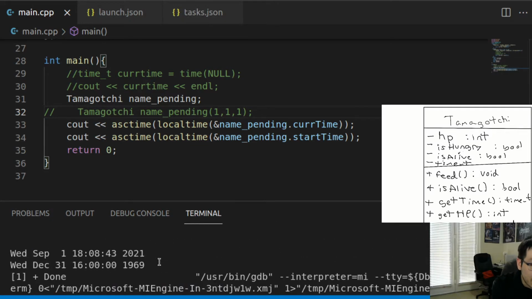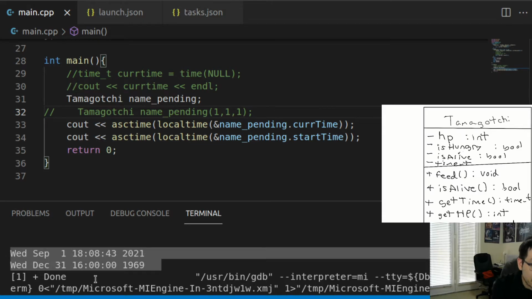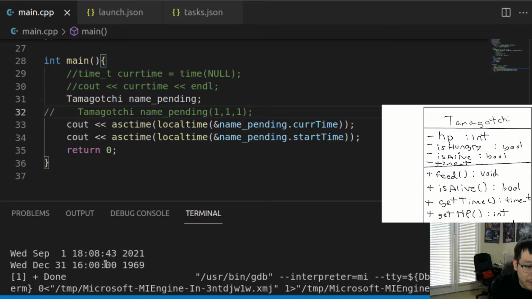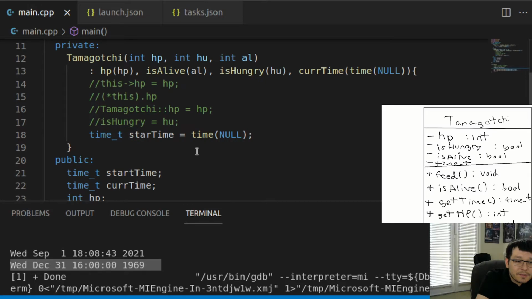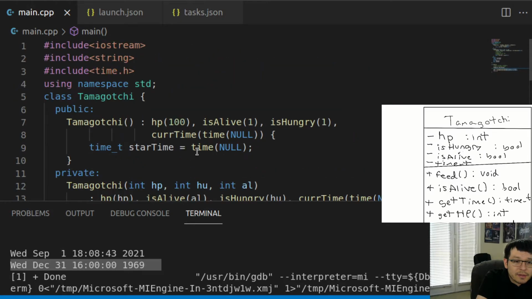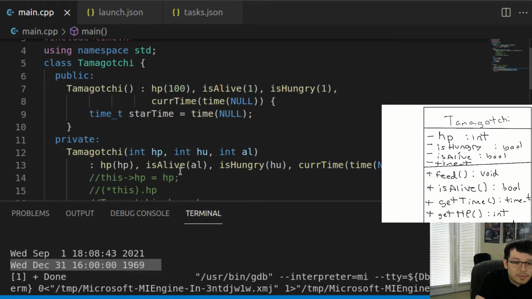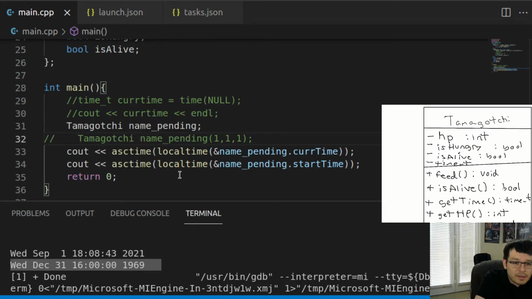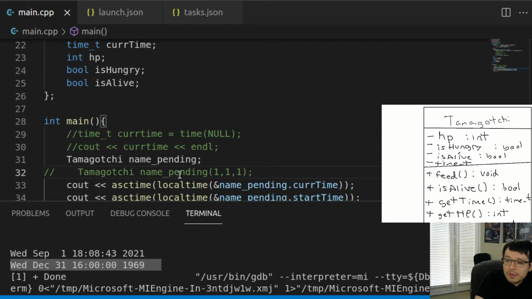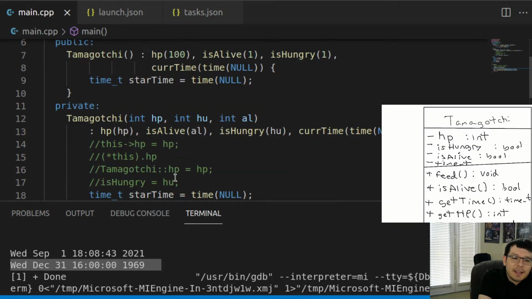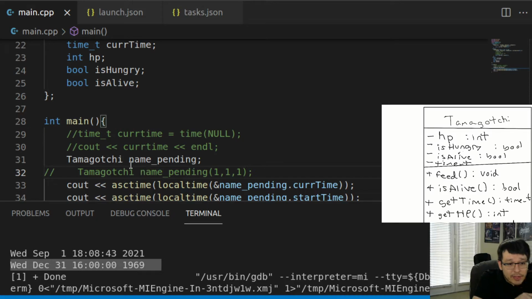Okay. We definitely broke something with the time, because we got one of them to be the right time, and then the other one is like in 1969. Oh yeah, we definitely screwed that up. See, now we've done it. We flipped something upside down because now we're in '69. Okay. What did we break? Time null is TimeT, current time. How did we do that? That is weird. Okay, let's ignore that for a second,